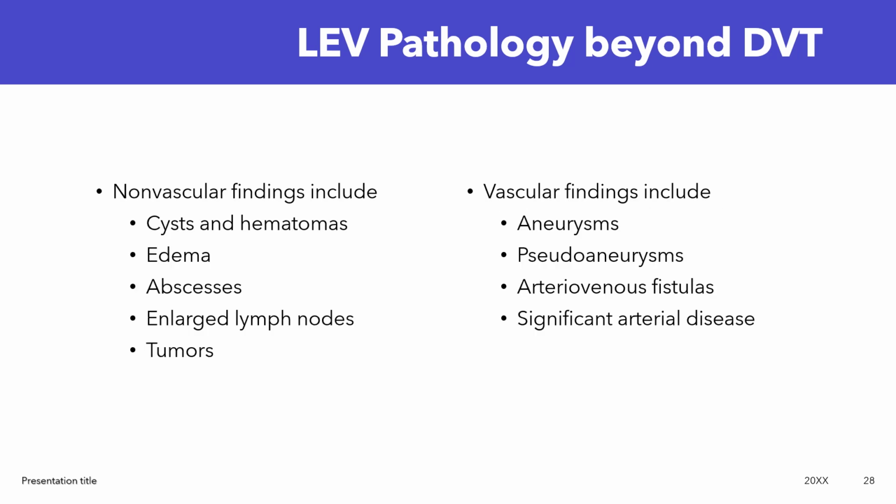Some other more simple non-vascular findings include cysts and hematomas. A cyst looks like a cyst anywhere else in the body, so well circumscribed, anechoic, with posterior enhancement. We can also have hematomas that can be a little bit more complex, and they really follow the same rules as a thrombus. They start out as low level echoes, they become more echogenic, and then